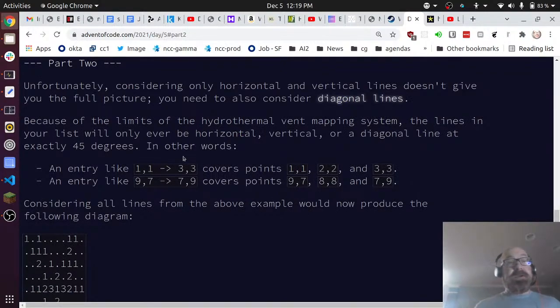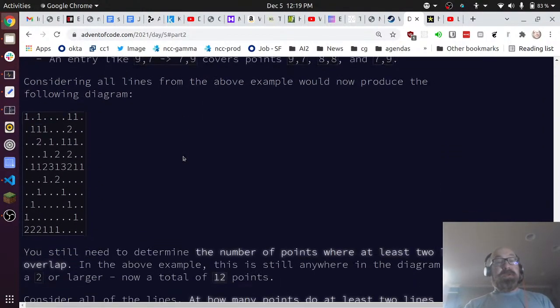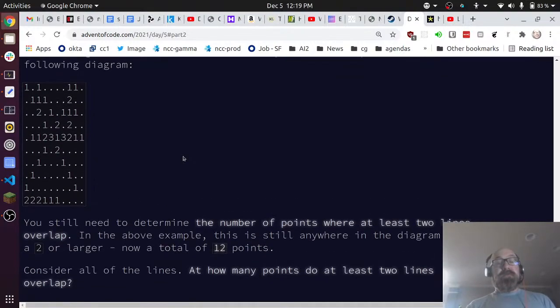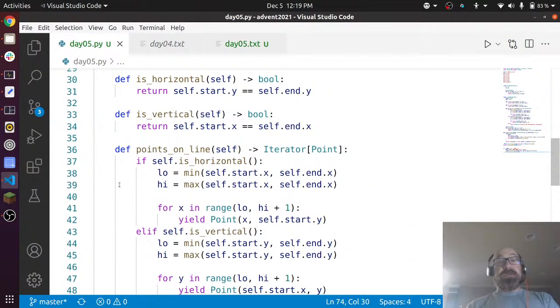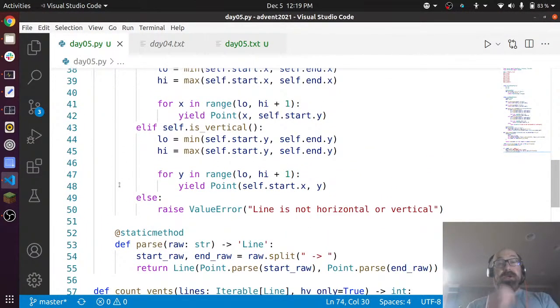Unfortunately, you need to handle diagonal lines because it limits the lines, which will only ever be horizontal or a diagonal line at exactly 45 degrees. In other words, an entry like this would now produce the following diagram. You still need to determine the number of points where at least 2 lines overlap. Okay, so only 45 degrees is pretty good. So now we can just go back and